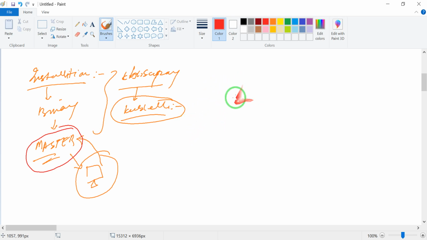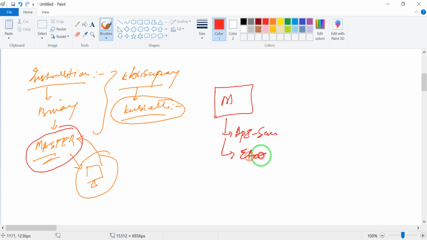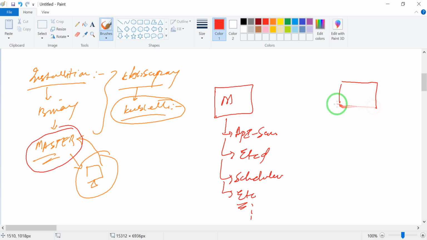Let's say we have the master. In the master we have the API server, etcd, the scheduler, and the rest of the components. In front of the master we have the worker node.